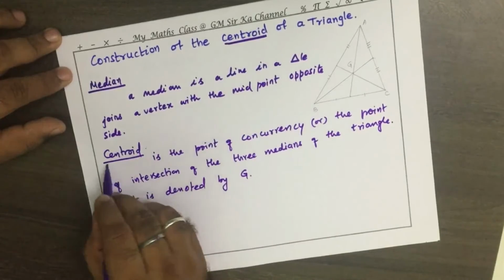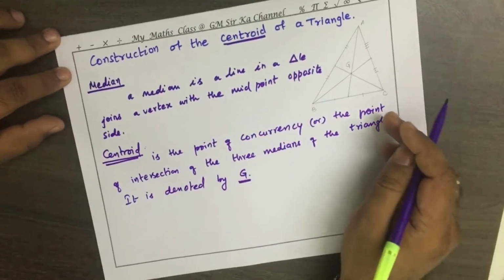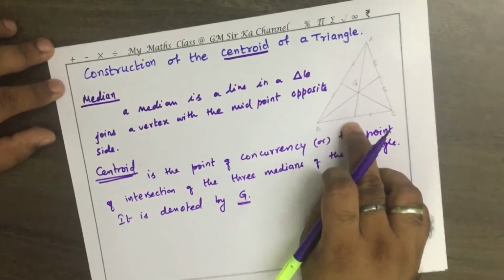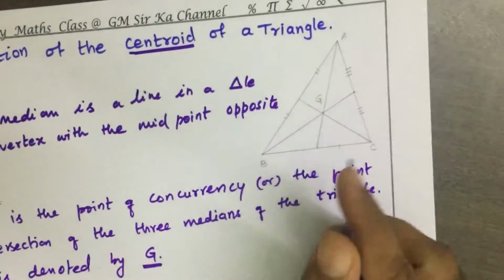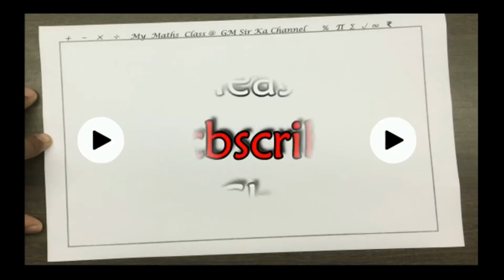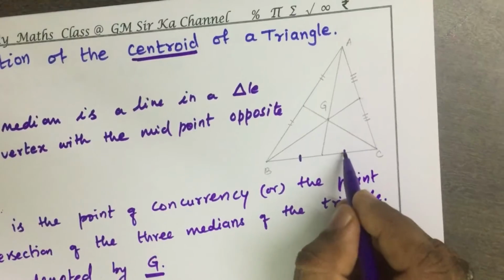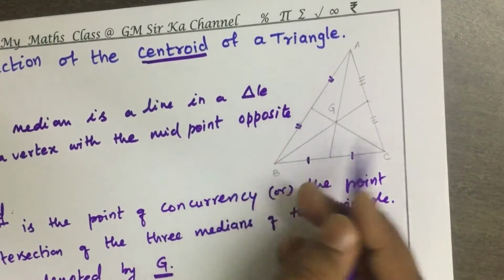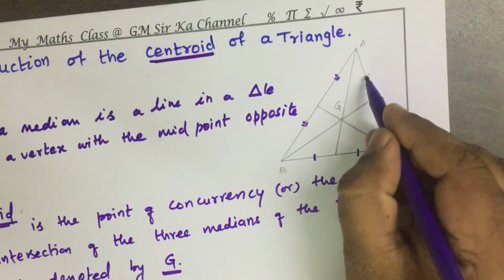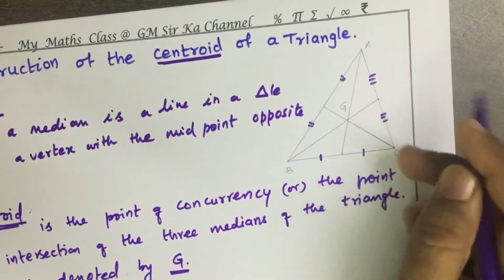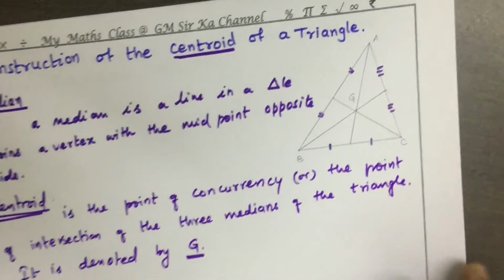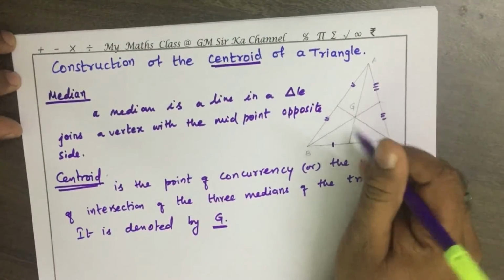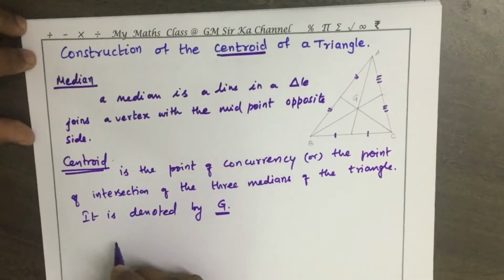Therefore centroid is G, and now you can see in this diagram, this is the midpoint and these two parts are equal. So this one single symbol here indicates that these two parts are equal. In the same way these two parts are equal, therefore this is the midpoint, and here also these two parts are equal, therefore this is the midpoint. So this is how, and the centroid divides each median in 2:1 ratio.